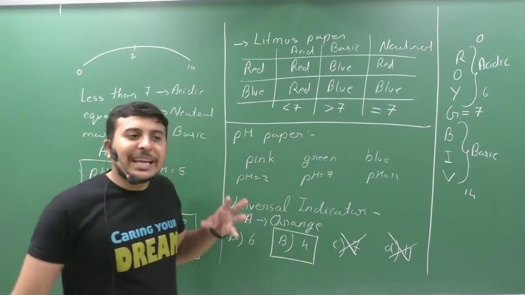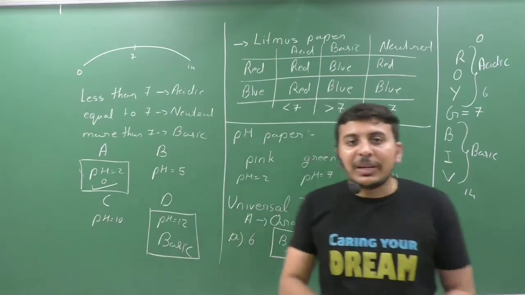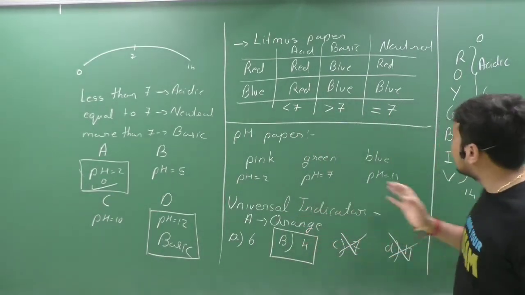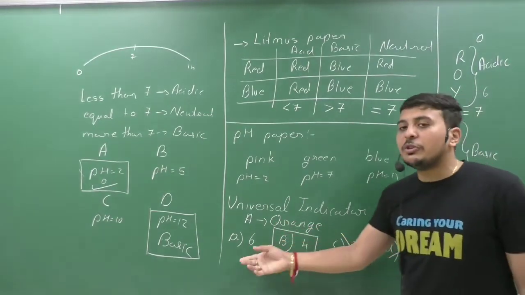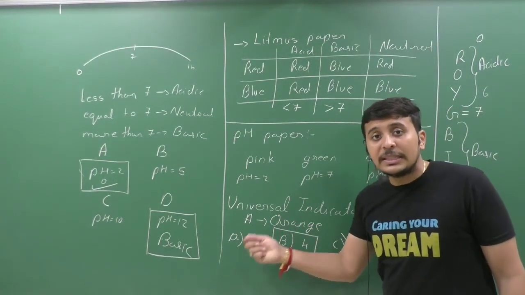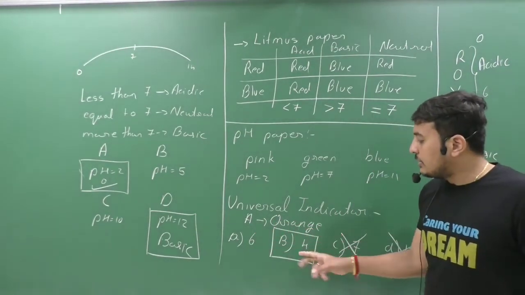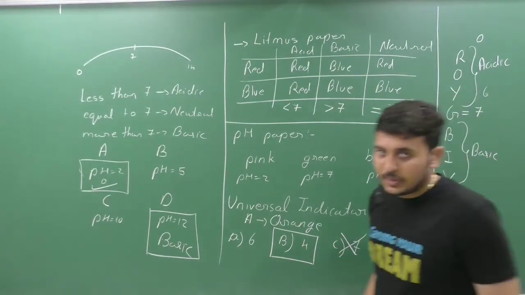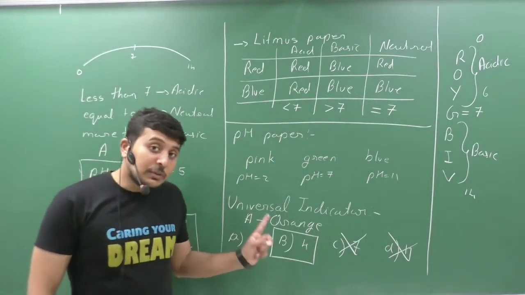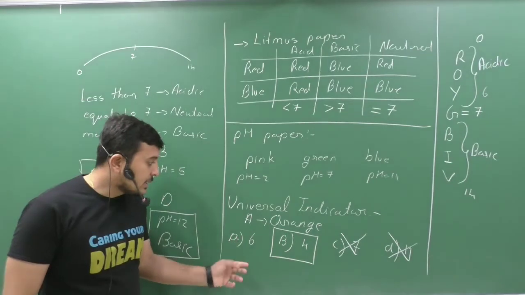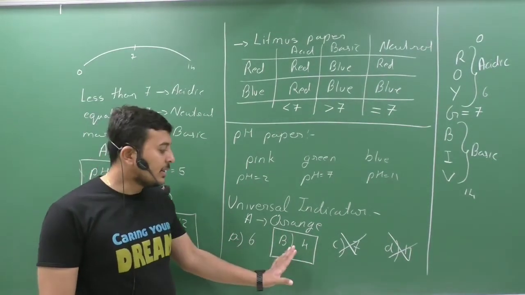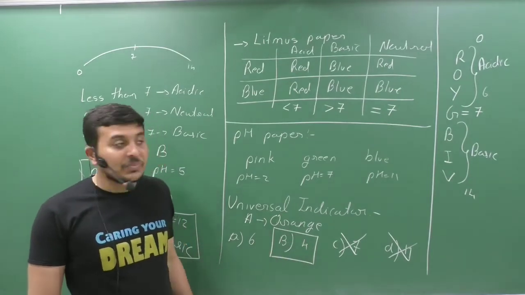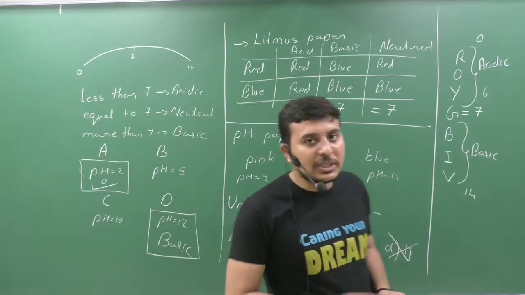So we cannot say exactly which color it will be, but an approximation can be done by using VIBGYOR. If it were yellow, then we would have chosen 6. But as it is orange, we choose 4, or any other number less than 6. So here it is an approximation.